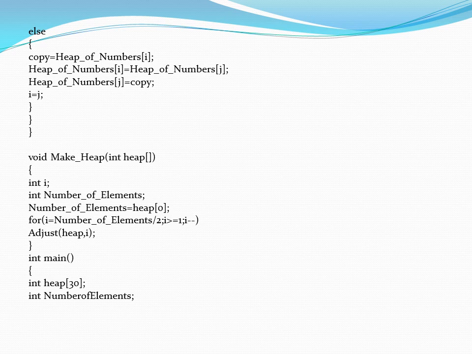So next, make heap. In the number of elements variable, we are storing the first value. Then for i equals number of elements by 2, i greater than or equal to 1, i minus minus, we are inserting the values using adjust. We are inserting the value into the heap and adjusting the values. Then in the main function,